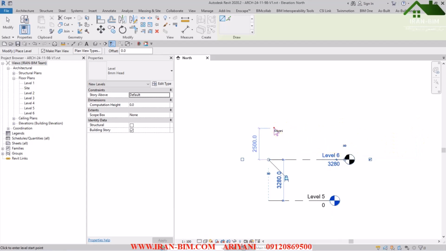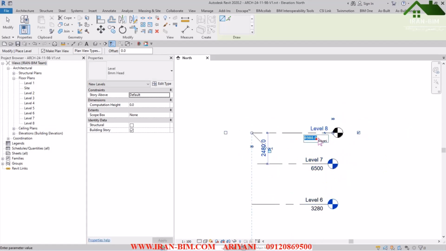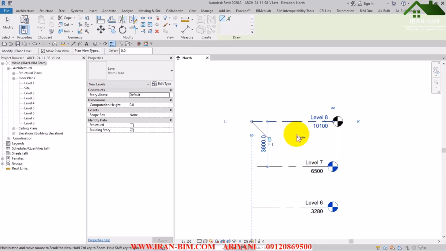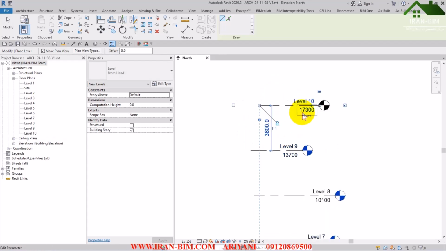Next one, 6500. For the next one, we have 10,100, then 13,700. Next, 17,300,